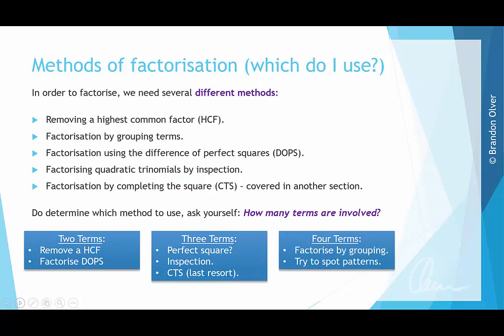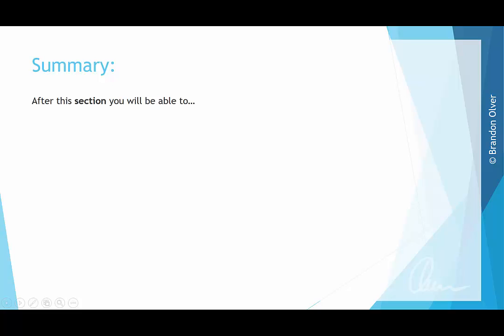Finally, if there's 4 terms involved, you need to look at factorising by grouping, and if you factorise by grouping, you need to try and spot additional patterns within the group, such as a difference of 2 squares or a perfect square. So after this section, you will be able to factorise quadratic expressions using a variety of different methods,